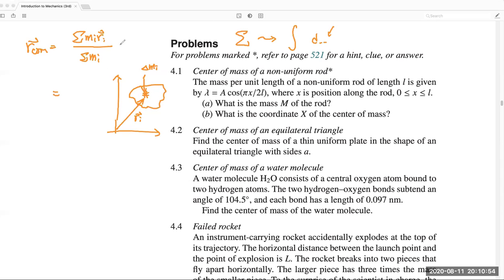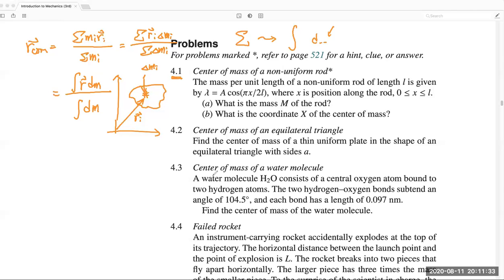So in this equation, the most proper way to write it down is like this one, delta mi Ri divided by summation delta mi. Then you need to change the summation sign into an integral. Then the formula will look like this one. Then we can have a look at how we can make use of this formula to do the question